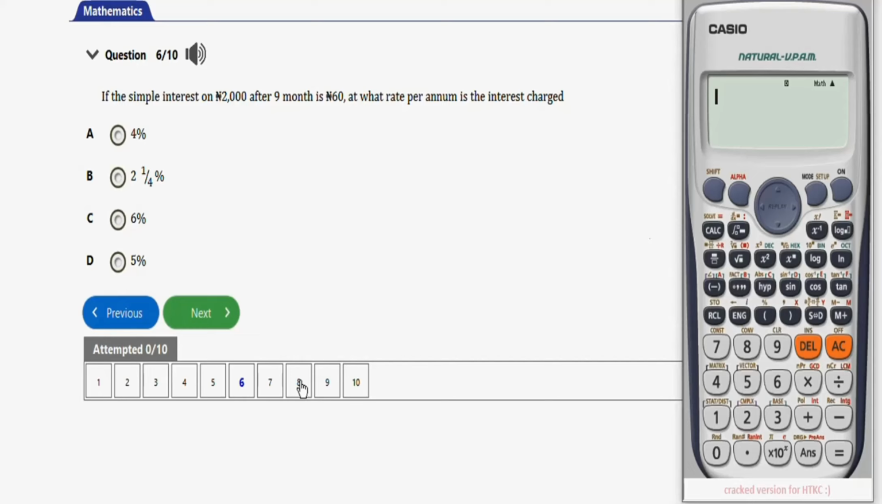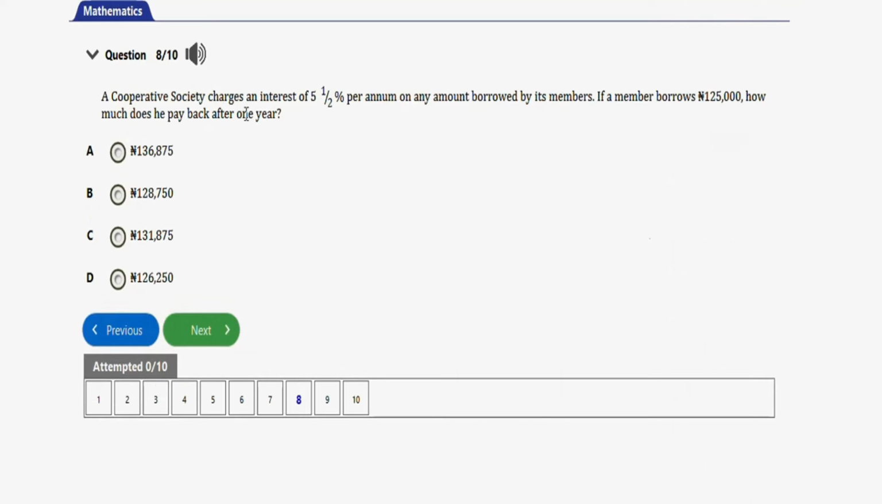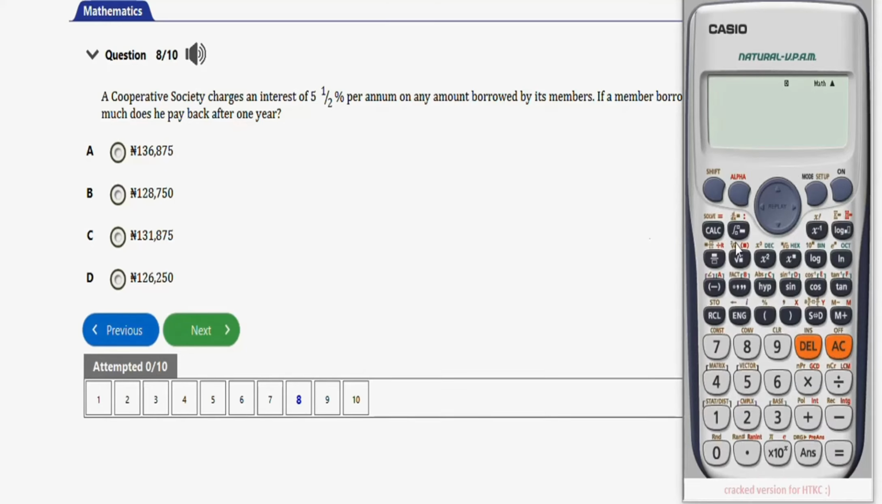The next question will be this one. It says the cooperative society charges an interest of 5.5% per annum on any amount borrowed by its member. If a member borrows 125,000 naira, how much does he pay back after 1 year? Okay, so let's use the calculator and solve this question. He borrowed 125,000 naira, so it will be 5.5%. That's 5.5 over 100,